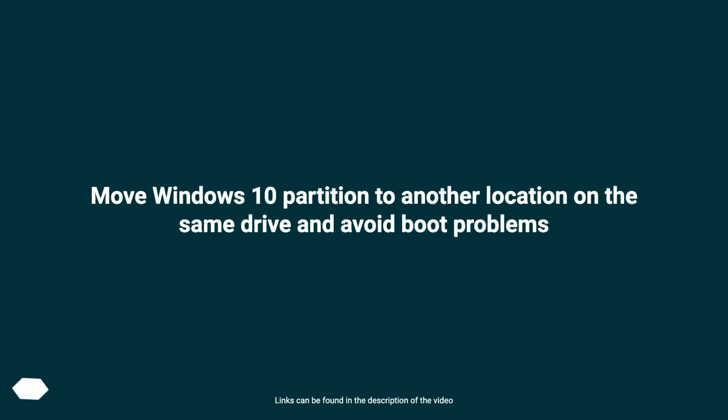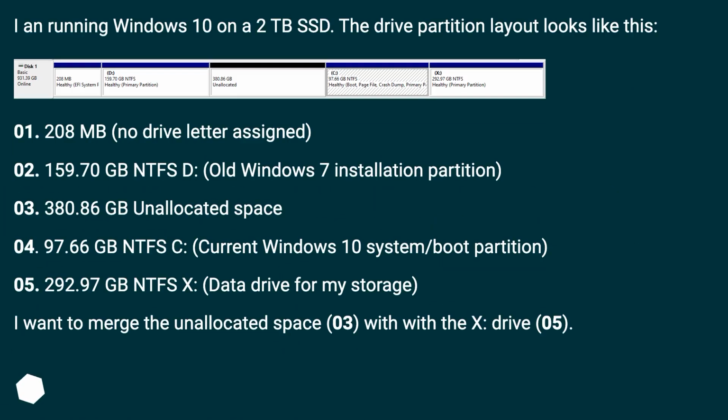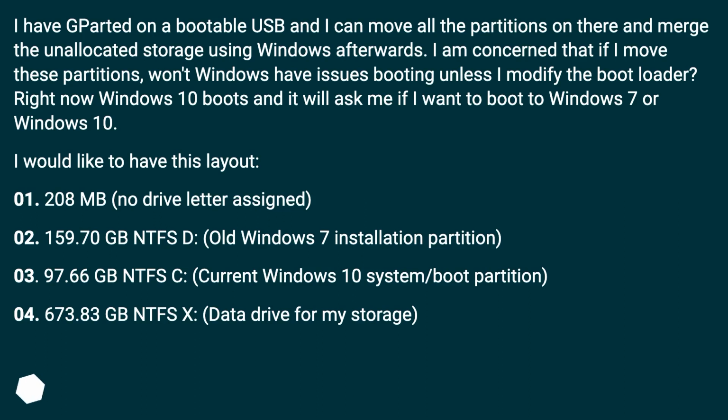Move Windows 10 partition to another location on the same drive and avoid boot problems. I have parted on a bootable USB and I can move all the partitions on there and merge the unallocated storage using Windows afterwards. I am concerned that if I move these partitions, won't Windows have issues booting unless I